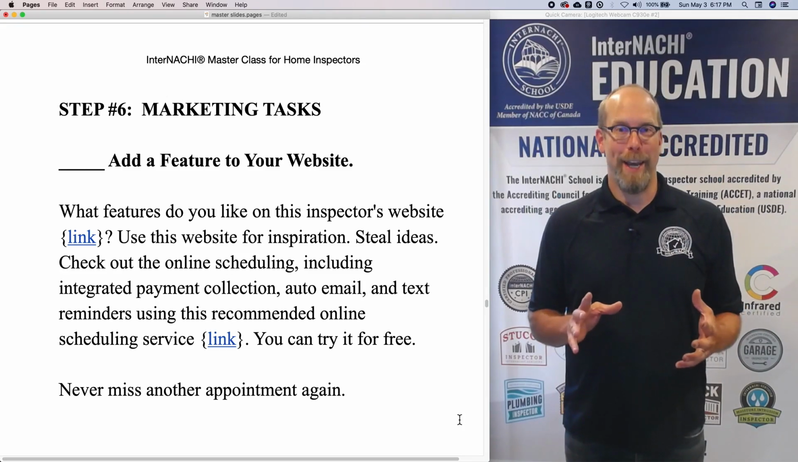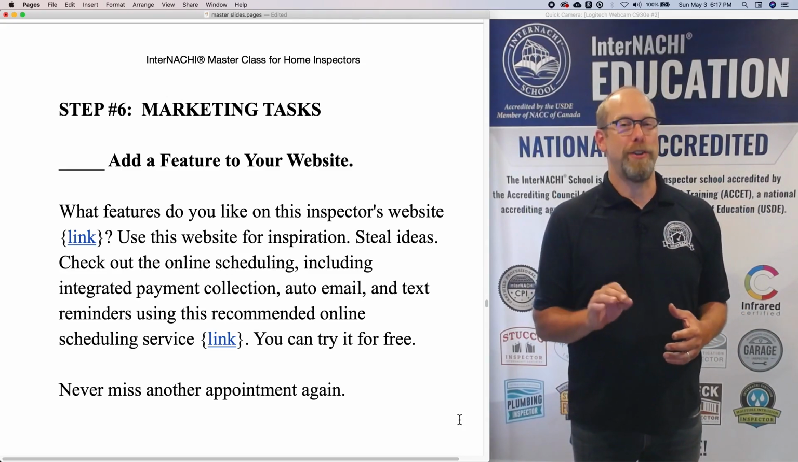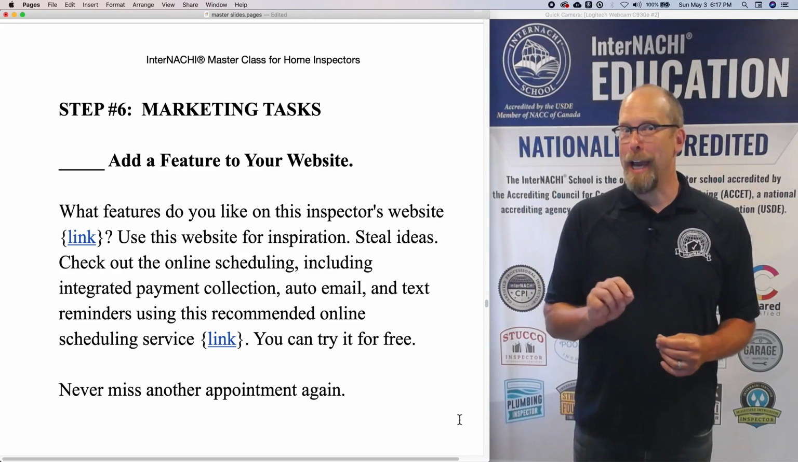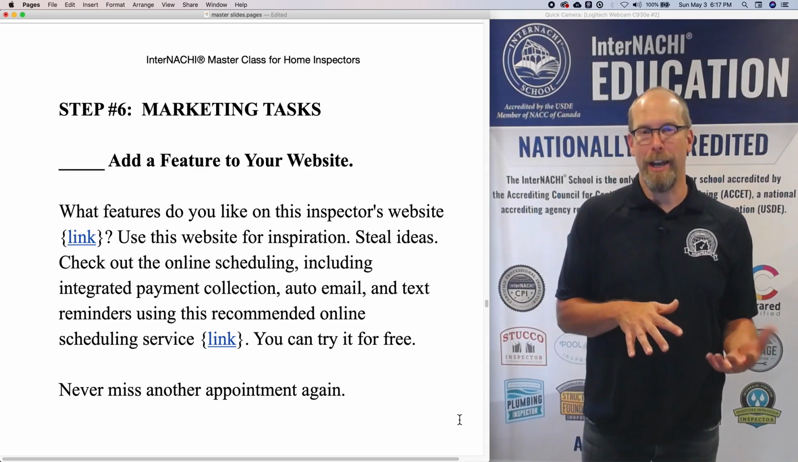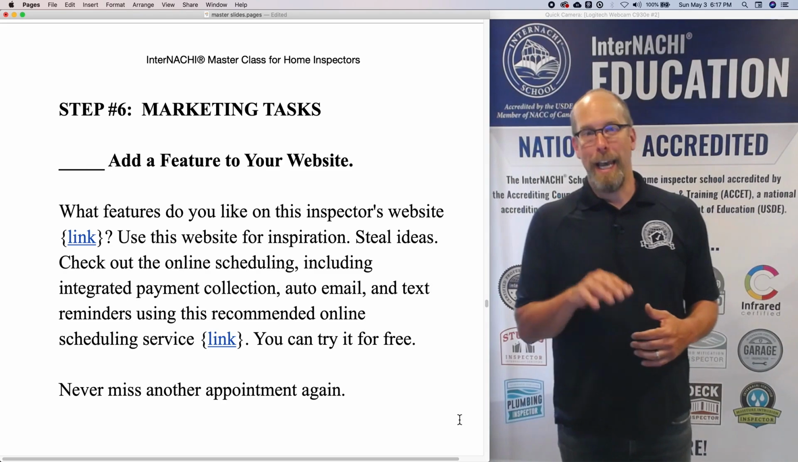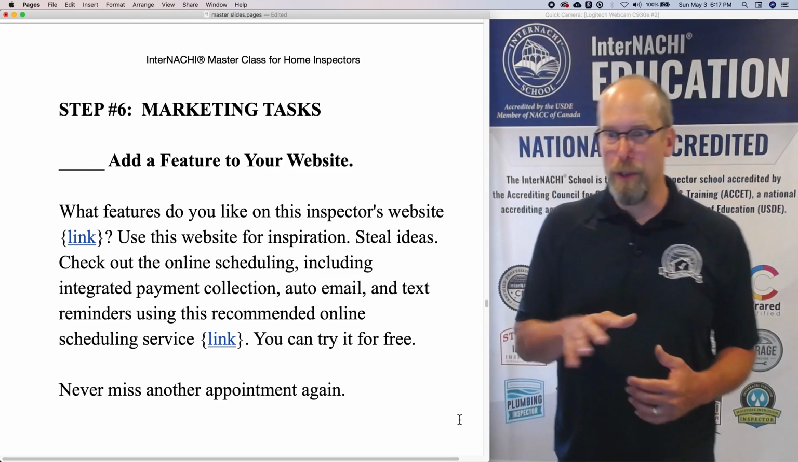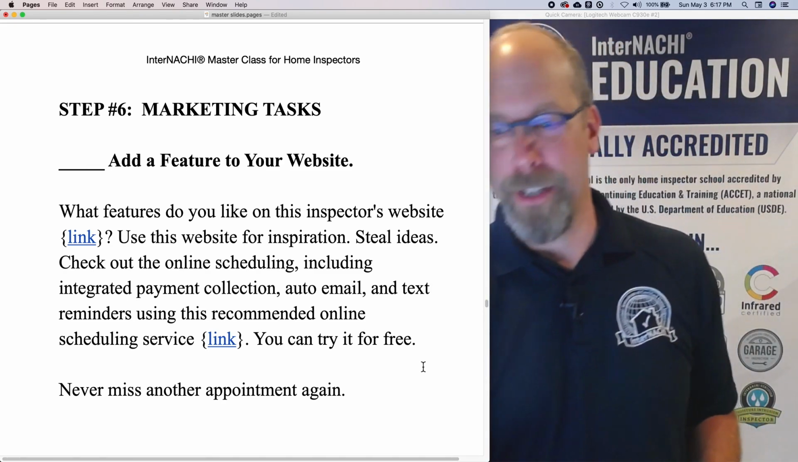We're going to work on your website. We're going to add one feature that you like to your own website. And how do we do that? Well, let's spy on another inspector's website and figure out what features you like on this inspector's website, and use